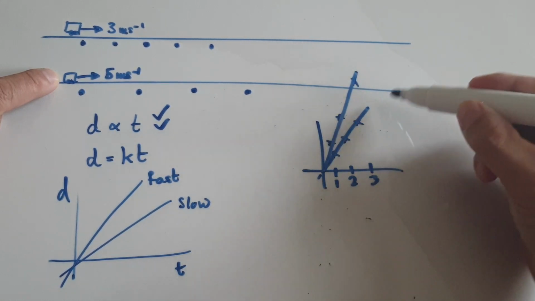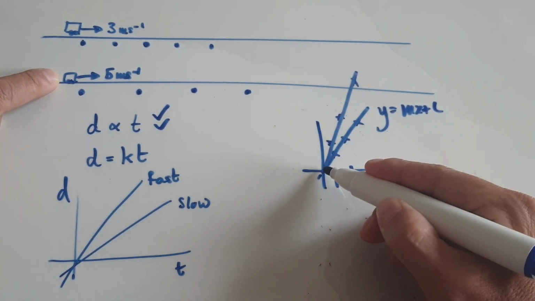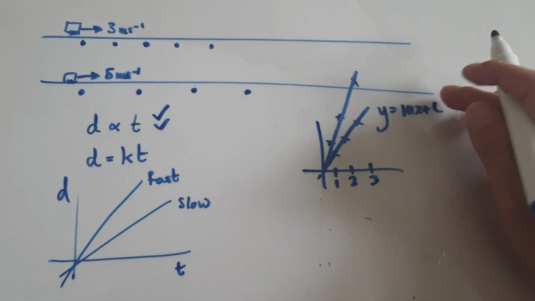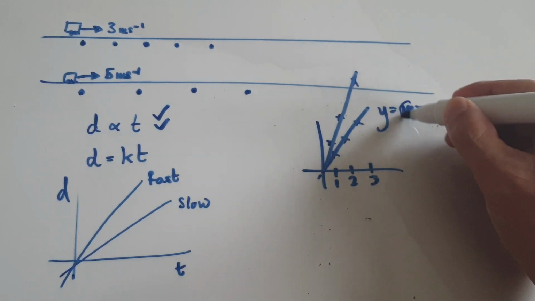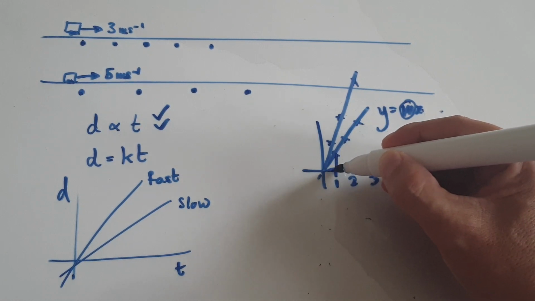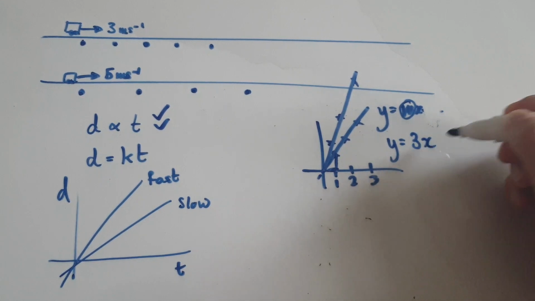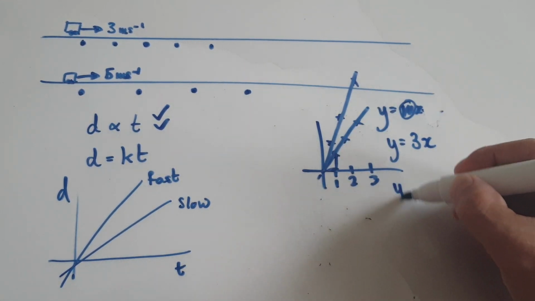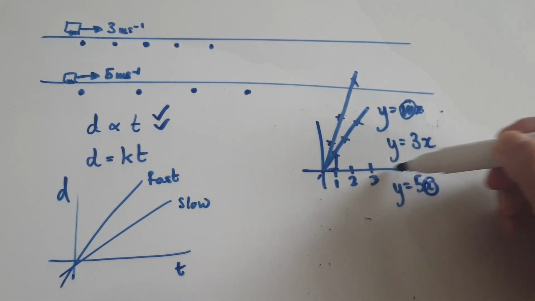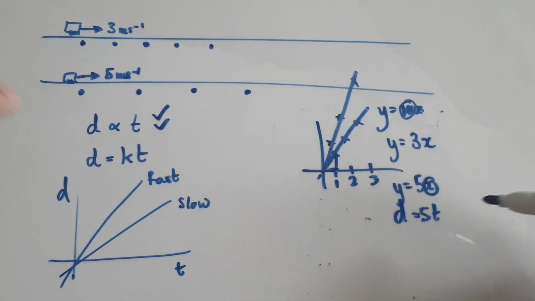Now this is a straight line, so it's going to be y equals mx plus c. It always goes through the origin, because at the start the distance will be 0. So you put 0 into the c, so really we don't need the c here. So this m here is your gradient. The gradient here will be the height divided by the cross for the slow car, in which case for the slow car it would be y equals 3x. And then for the fast car it would be y equals 5x. Now the x-axis represents time, so it would be 5t. The y-axis represents d, which is this thing here,